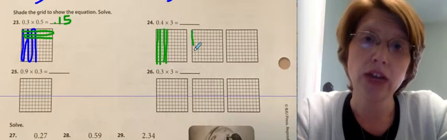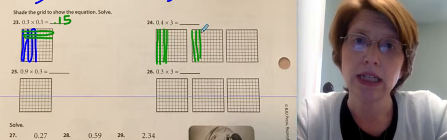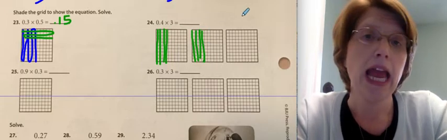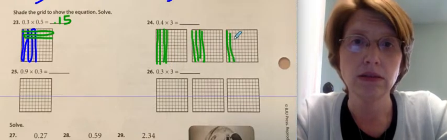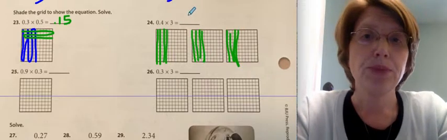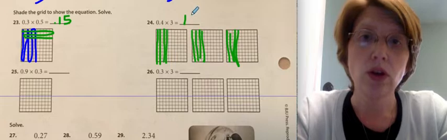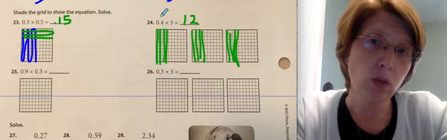I'm going to color in 4/10 on this one, and I need to color in 4/10 on this one, okay? Which would be 3 times 4 is 12, but in this answer, there's only one number